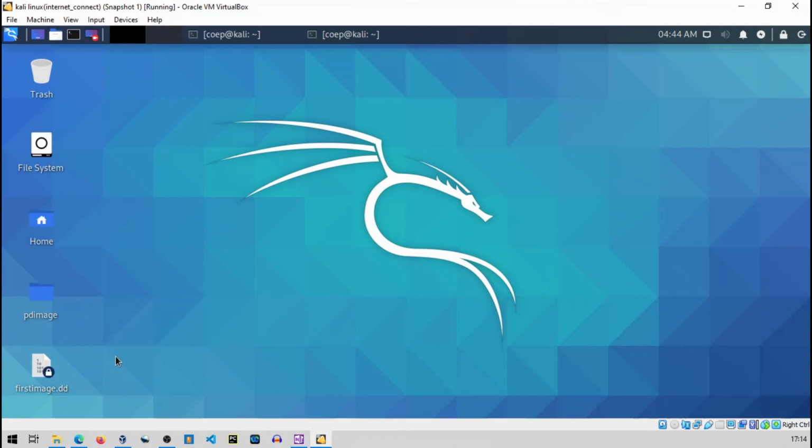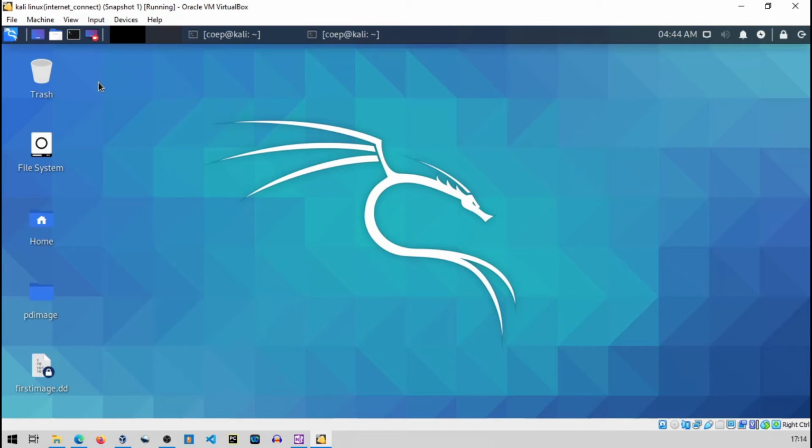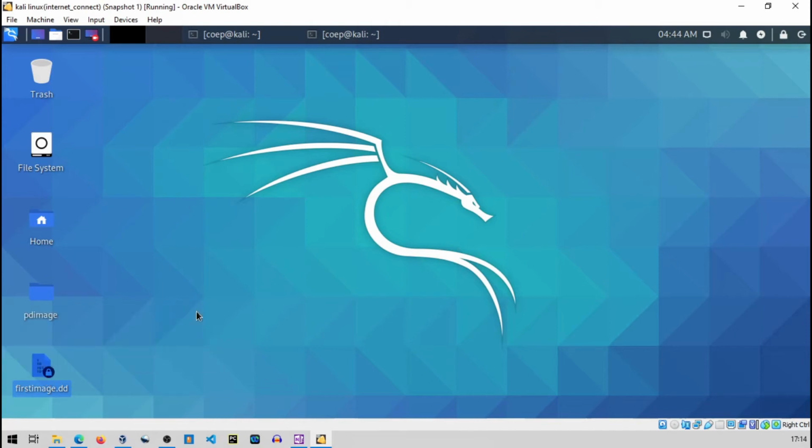I will show you the hash values later on. The hash value of this image file should match the hash of the output disk image file of my next command. I know it sounds crazy, but wait.